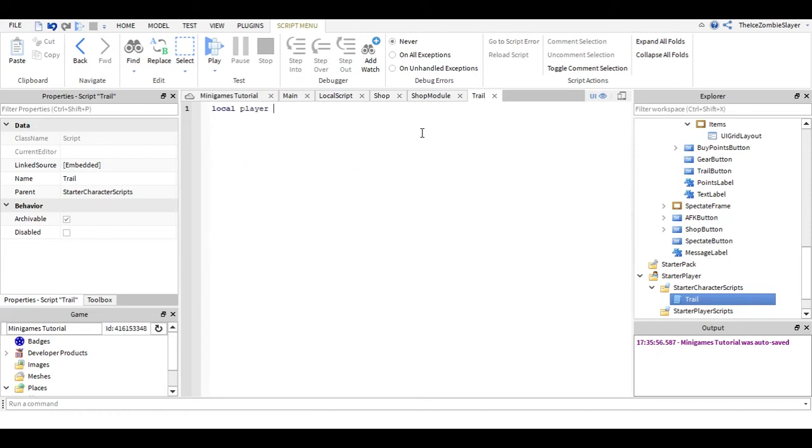Make a variable called player, game.players get player from character script.parent, since the script's going to be inside of the character. And from here, just going to loop through the player's trail inventory. And if v.value, then